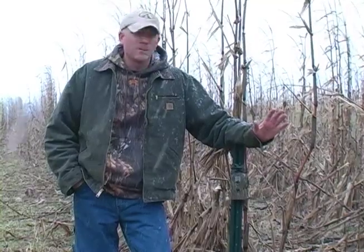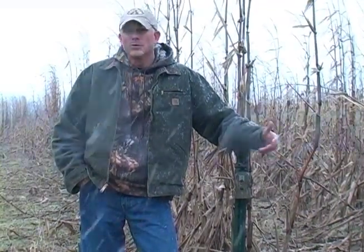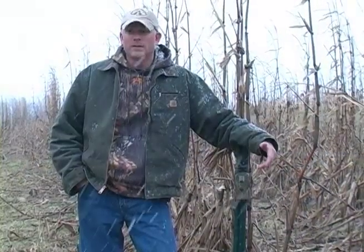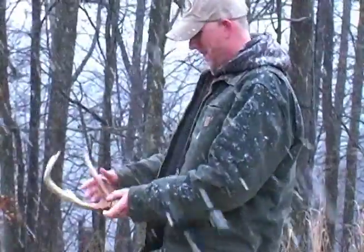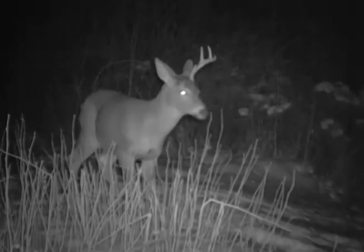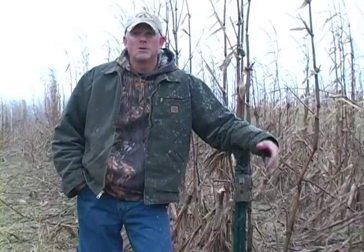We use the cameras a lot in the off season. Luckily in Ohio we can use corn as bait. It's a great tool to put the camera up on, and obviously deer are attracted to corn. Also, along with the shed hunting aspect of things, the camera allows us to see when the antlers are starting to drop. That way we're not in such a hurry to get out there and push those deer off the property